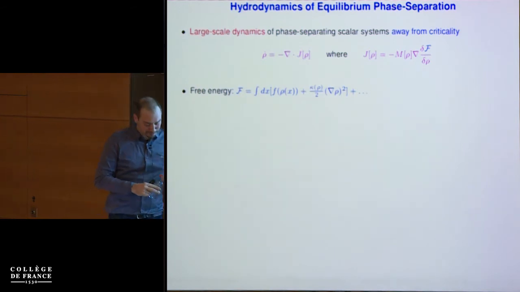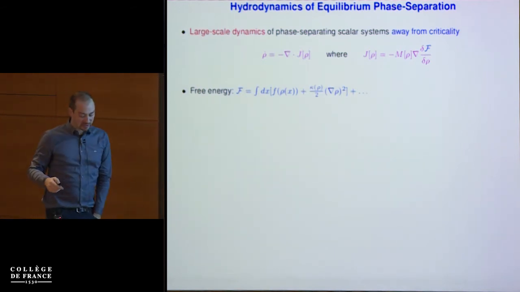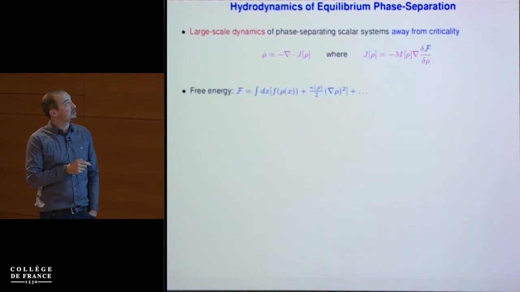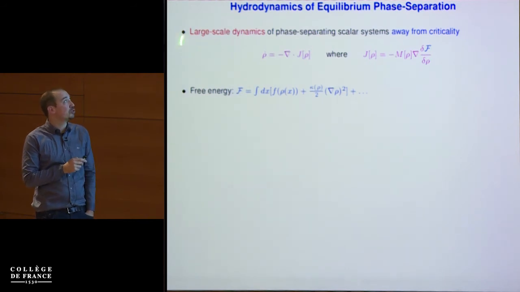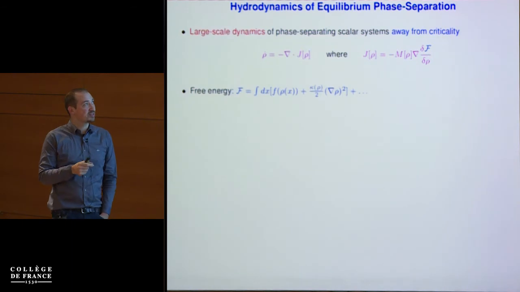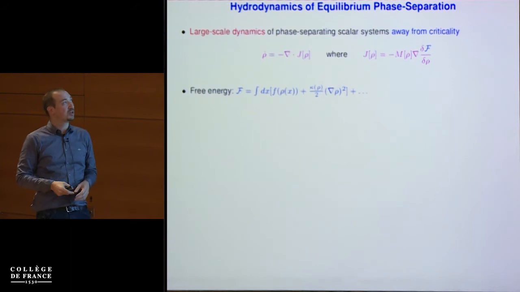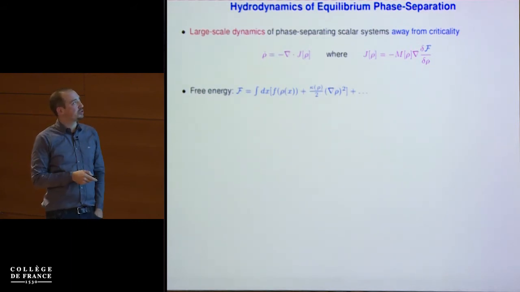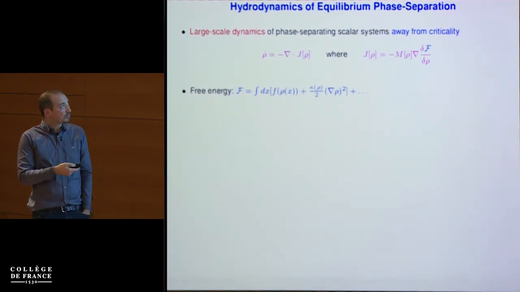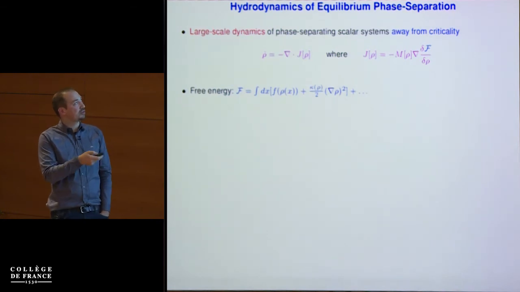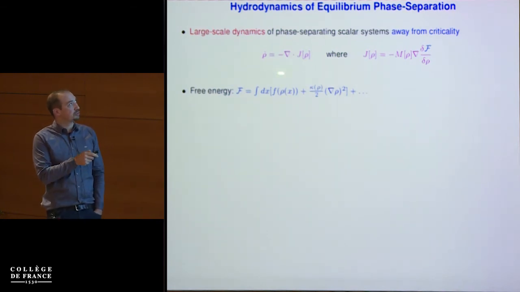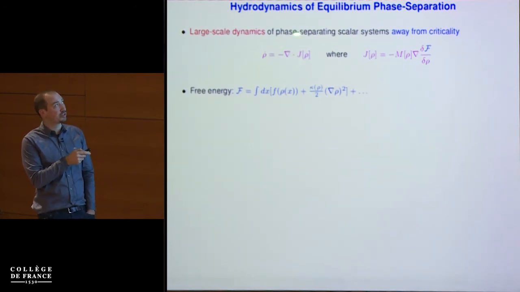So what you do instead is you coarse grain your system and you work at what we call the hydrodynamic level. If you have a system in which the correlation length is very large compared to the particle size, but you're still far away from criticality, so that noise is not relevant, the large-scale dynamics of your system will typically be given by a hydrodynamic equation. Here, I'm not creating or destroying particles, so my only hydrodynamic mode is the density, and its dynamics is just a conservation equation.